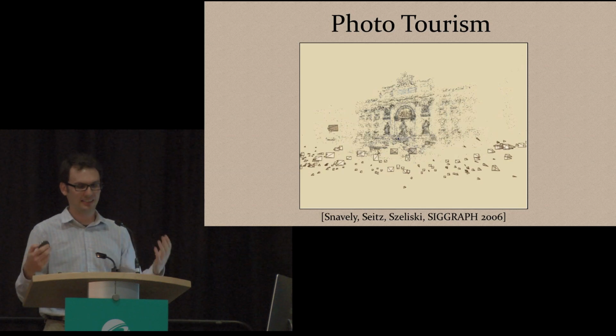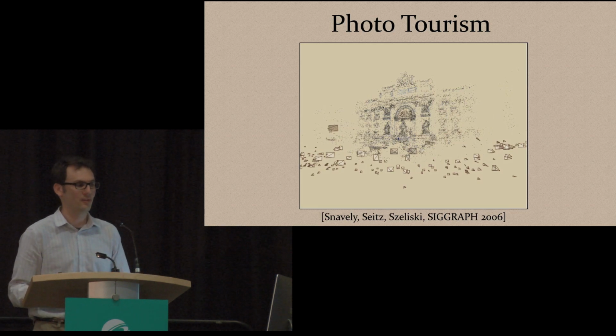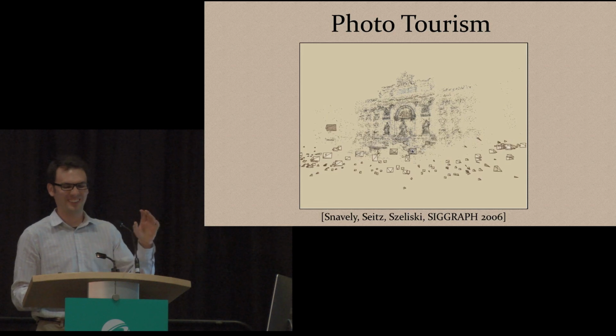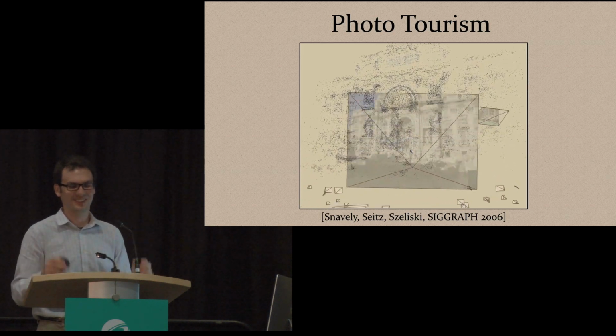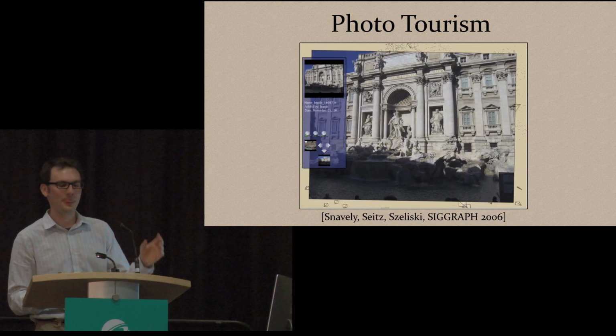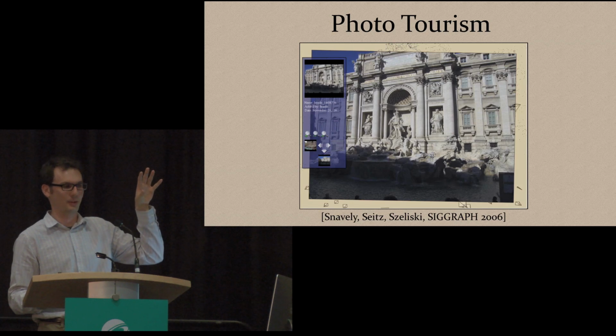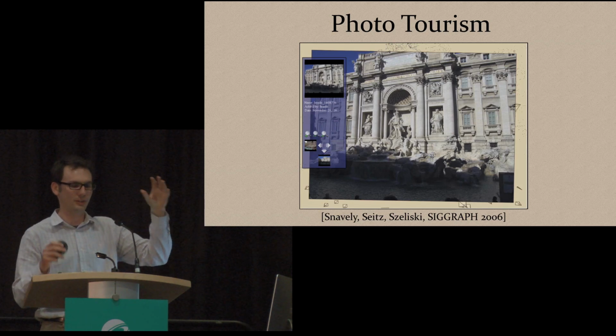And then we took that a step further and used this structure to build new kinds of ways of navigating photo collection. So here's another reconstruction. This is, I think, the first one that actually worked well when I was reconstructing different scenes. This is sort of the aha moment that we could reconstruct the Trevi Fountain from these internet photos. But here, okay, we've clicked on the photo. This is an interactive interface where we zoomed into that photo, but we can do a lot of other interesting